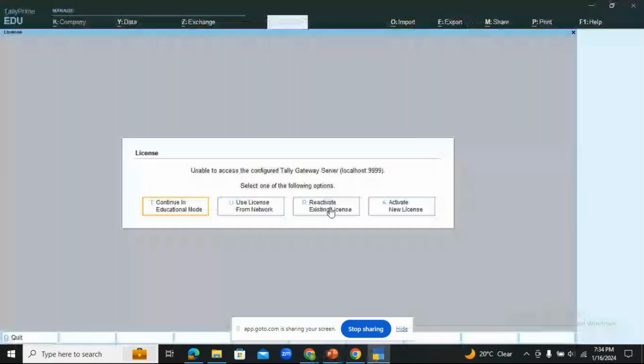I'm already a license holder of Tally software. I was a Tally ERP9 holder. Now it got upgraded to Tally Prime. So I've paid the upgradation fees, and I'm the same license holder now of Tally Prime. So I can log in as an existing license holder. That's it, there are not many changes. I need not purchase the software again. In that case, I have to go for reactivate the existing license.